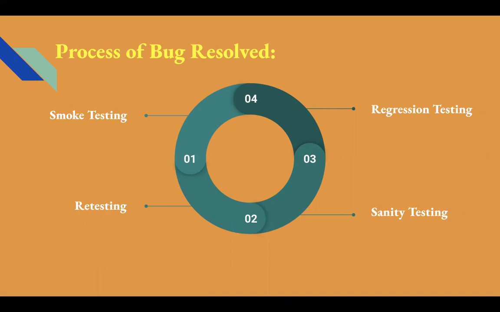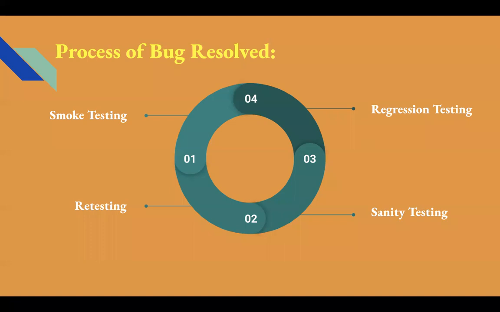Once this retesting is completed and the bug is found resolved, then the tester will perform sanity testing, in which the complete register page will be tested and the user profile page will be tested, because the user can update the username from the profile page. So that page also needs to be tested. Means in sanity testing, those features are tested which are impacted by this bug. If sanity tests fail, then the build is assigned back to the developer for a fix. But if the sanity tests pass, then the build proceeds for complete regression testing.